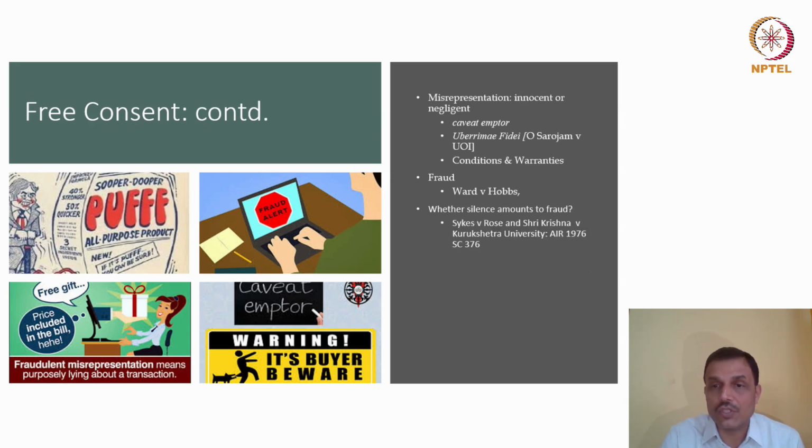This is a very important question that probably needs to be answered with the help of these two cases, the Shri Krishna versus Kurukshetra University case and Skies versus Rose case. See, the Shri Krishna case is a case of a student. It's not necessarily a contractual one, but it is about the general aspect of fraud. A student was asked to fill an examination form in which he had to disclose whether he had the attendance requirement. The UGC says there must be a minimum of 75% attendance to qualify to write the exam. It can be 60% if you have a medical certificate, depending on the university.